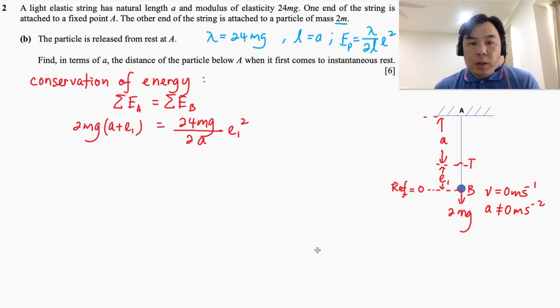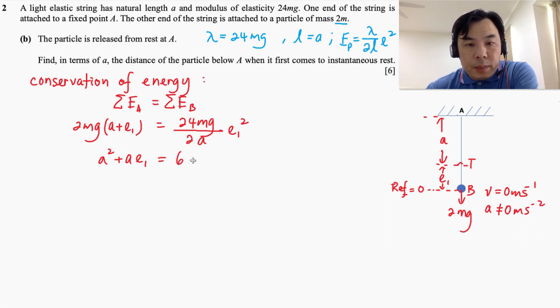All right, and then there you have it. We're going to solve this as usual also. So in this case, what do we have here? We have a squared plus ae1 equal to 6e1 square. And then by rearranging this again, like what we did before,